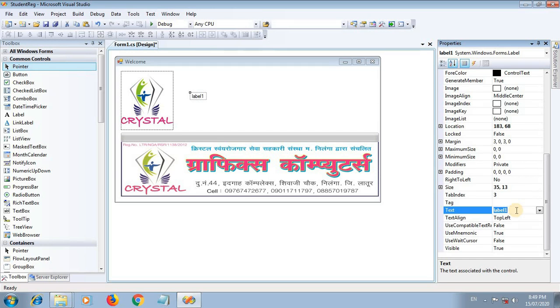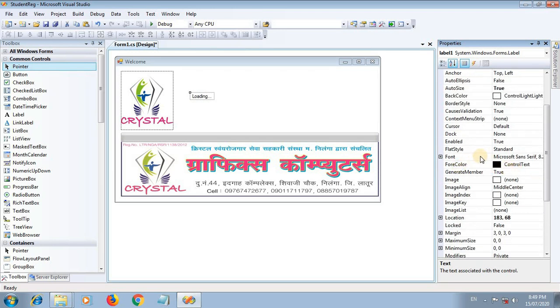So for label 1, change the value of the label. Here I am writing loading. Okay, so this is loading.